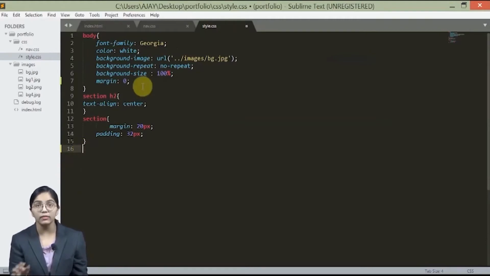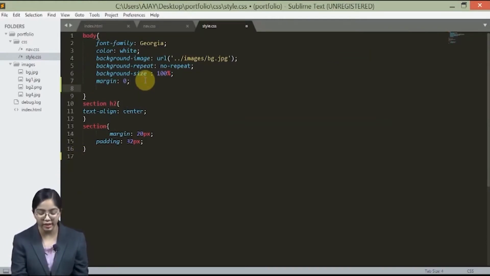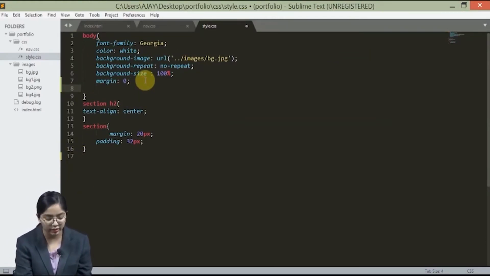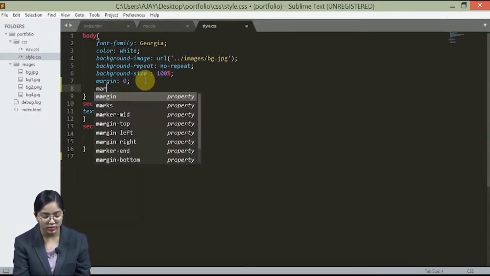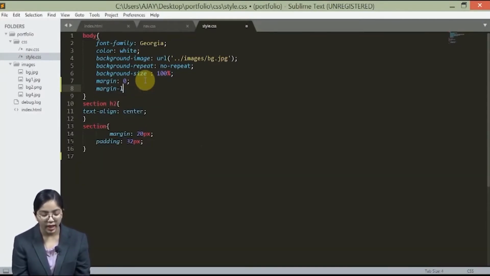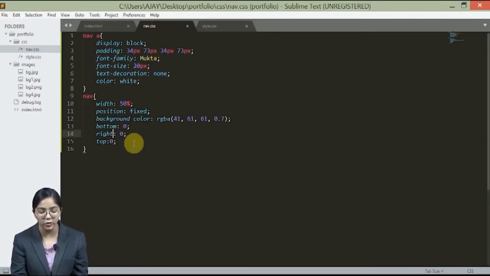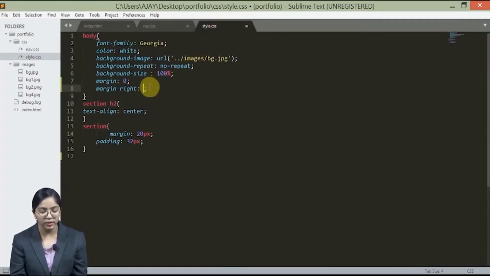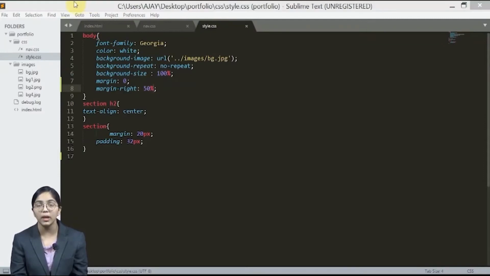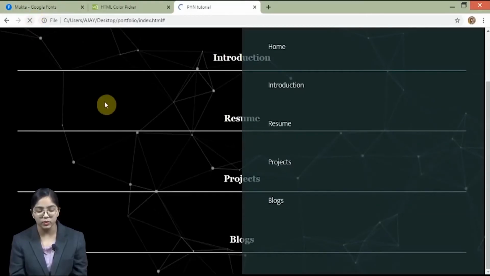Now since our navigation bar is on the right side, I'll give margin-right, and whatever width we have given in here for the navigation bar, which is 50%, just copy it and paste it here. So what will it do? It will maintain a margin on the right, so it is all sorted. So in this way you can create a top, bottom, right, left navigation bar.